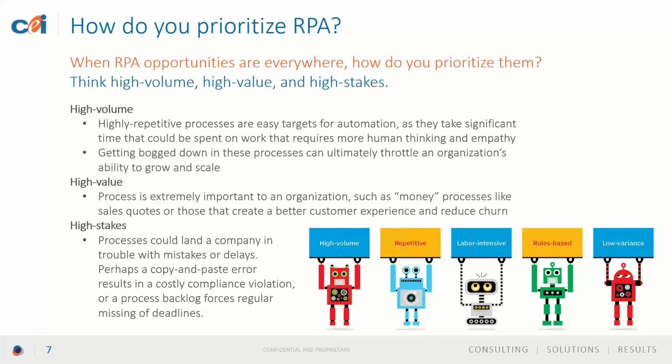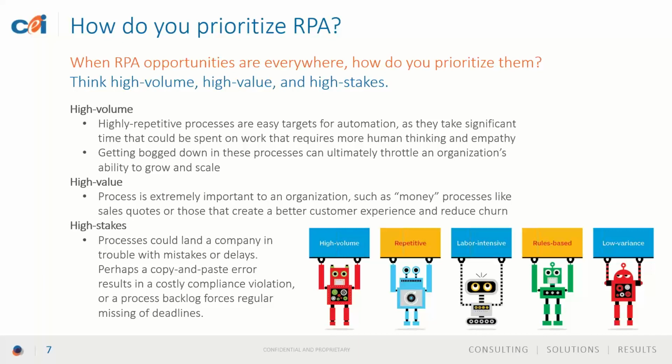So when we think about prioritizing use cases for RPA, if you have processes that leverage software, and almost all processes do, there's likely a need for some automation. To find those that drive the highest ROI, we look at these three things: high volume, high value, and high stakes. So high volume are processes that we do all the time, such as maybe medical claims or customer returns,